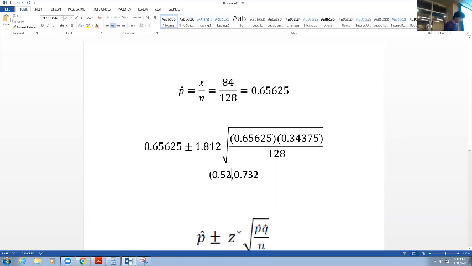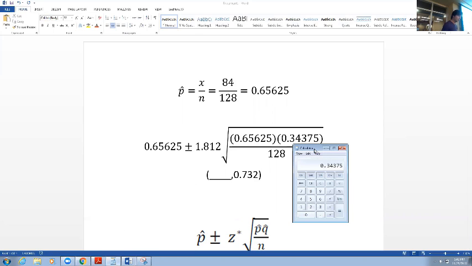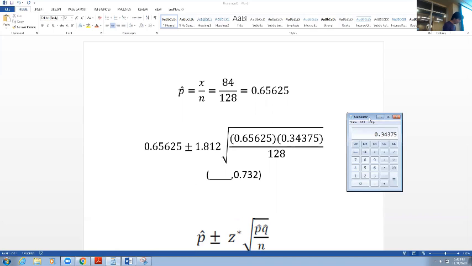And actually, you know what's cool? So you've given me a problem in and of itself. Don't tell me the lower bound, because watch this. The lower bound is equal distance. This is a good practice problem right here. Because if I know the upper is that far away, we did something like this today in the office, right, Toby? So does everyone see that the upper is 0.732? How far away is that from the middle of the interval? So it's that far away. What did I just find? What did I just find by knowing how far away the upper is from the middle? I found the margin of error. So why don't I just take this number right here and subtract it from